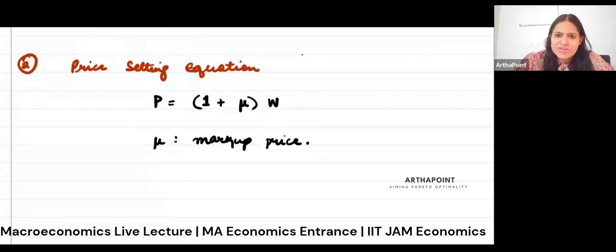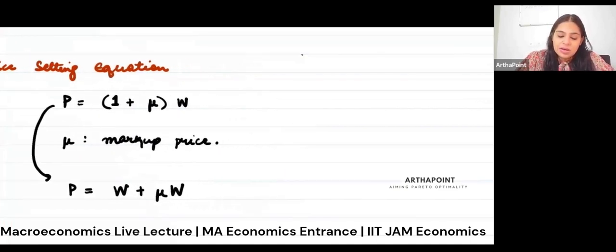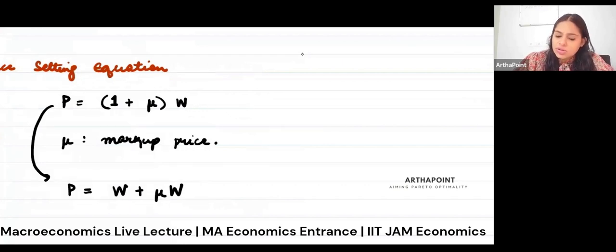Now just look at this equation. Suppose let's open this up. What will I get? I will get P is equal to W plus mu W. Okay. Now just remember that when it was a perfectly competitive market,